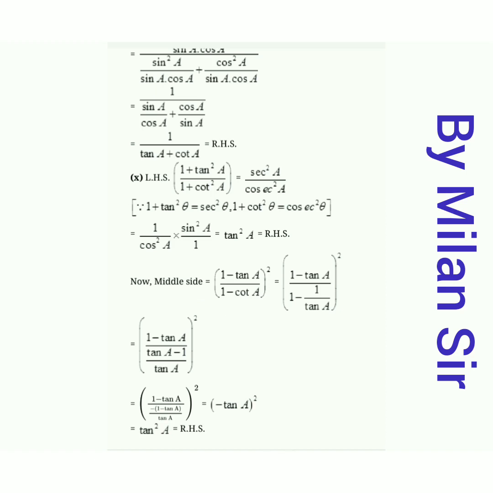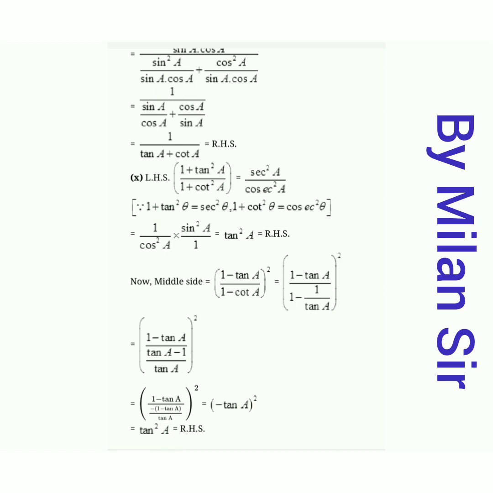So here we can put the value of cot A, because finally we want tan A, right? So we can put the value of cot A. So cot A is equal to 1 upon tan A, right? Numerator as it is. In denominator put the value of cot A is equal to 1 upon tan A, because cot is inverse of tan. Then take LCM in denominator. So this tan A multiply 1, it's tan A. So here tan A, then minus 1 as it is, and LCM, so divide by tan A, right?